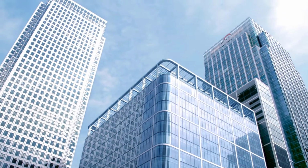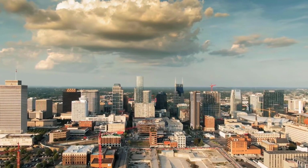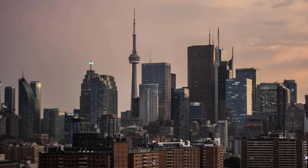NuCypher price forecast 2030. The cryptocurrency market is known to be extremely volatile, which is one of the many reasons why price estimating is a difficult task. We make an honest effort to estimate future prices with accuracy. But all forecasts should not be taken as financial advice, and you should DYOR. In 2030, we are anticipating that